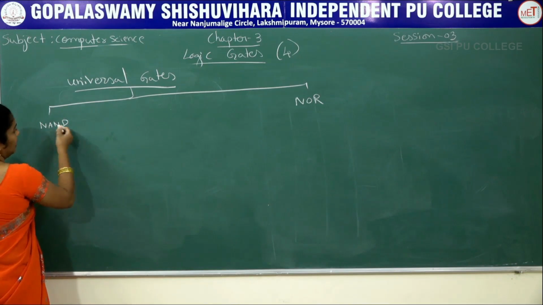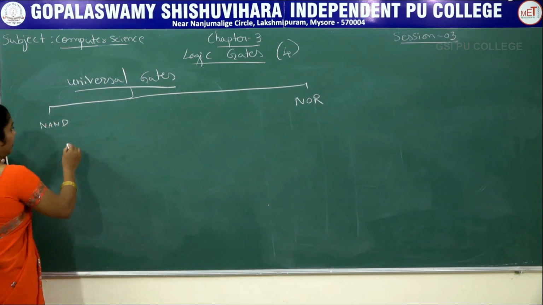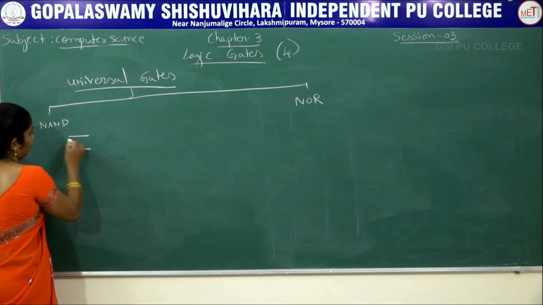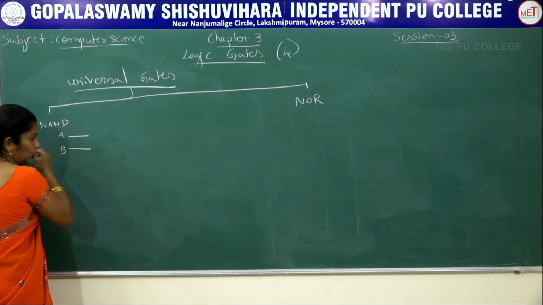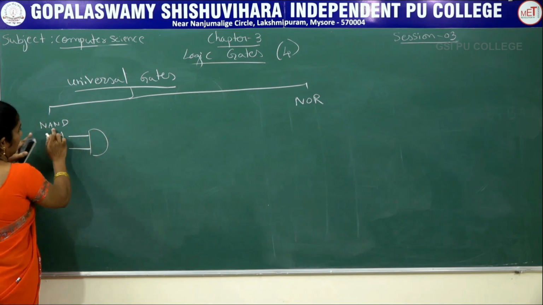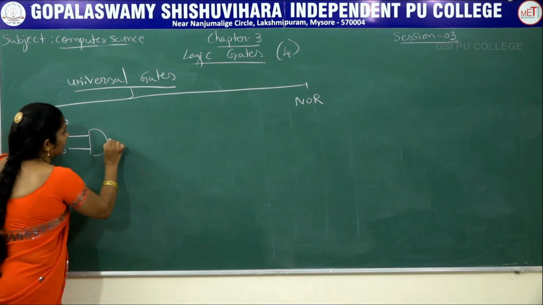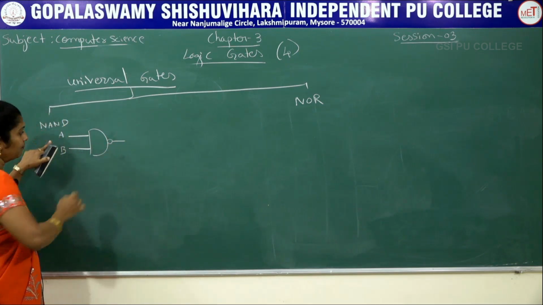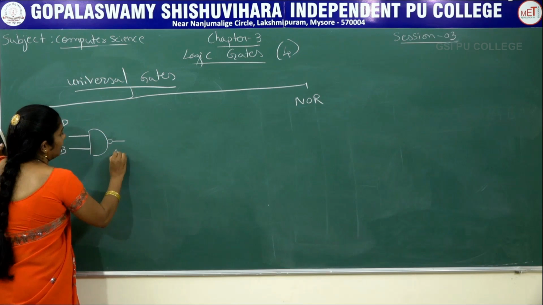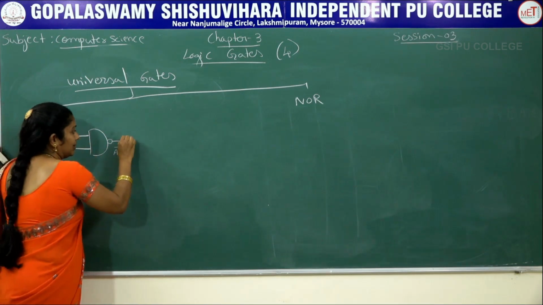For example, I am going to take the NAND gate, where a minimum of 2 inputs are required. Here I am going to take the NAND shape with A and B, minimum 2 inputs. NAND, here the D shape is a combination of NOT and AND gate. But here at the end you have to write one circle and then a line. What is the output here? AB whole bar. Once again negate it.